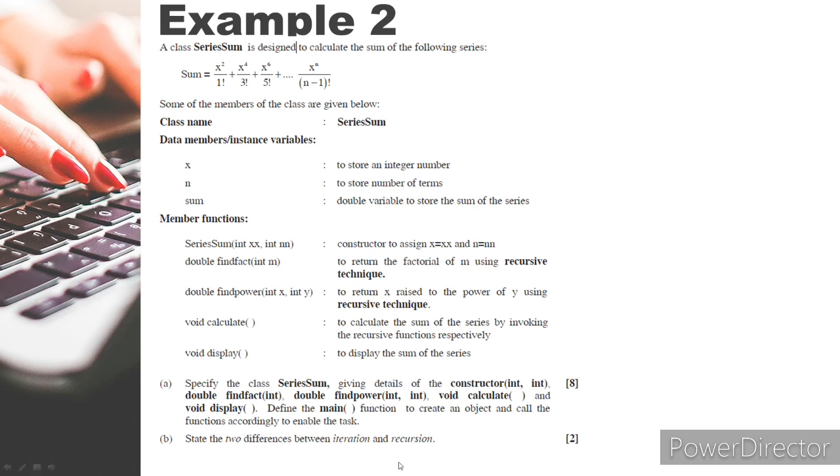So that's why, if you concentrate here, the prototype of both the methods is created with double data type and also using recursion. Then void calculate we have to do, and then void display, and from the main function we have to call all these methods. Recursion, factorial recursion we already discussed earlier, and this one also we have to do. One sample program we already explained. You have to do this program on your own.